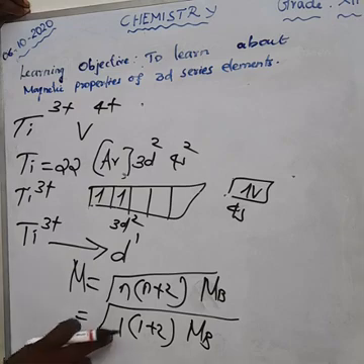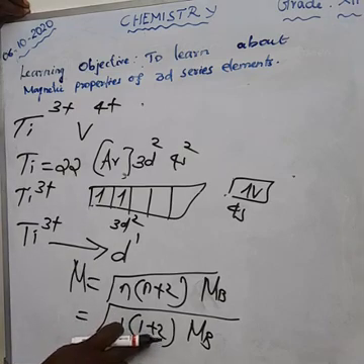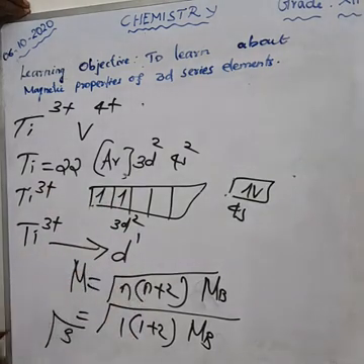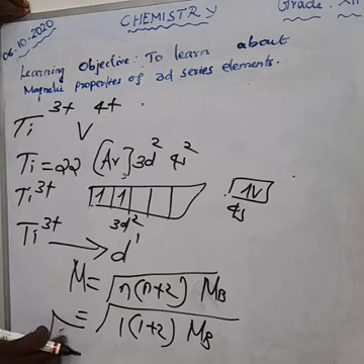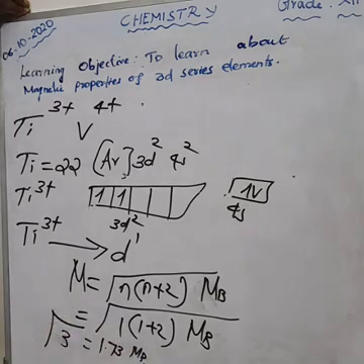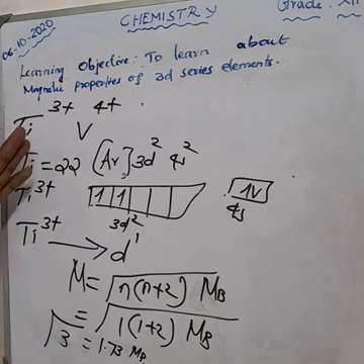So what's the answer? 1 into 1 plus 2 is equal to 3. That means we get root 3. What's the root 3 value? The root 3 value is approximately equal to 1.73 mu B. Okay, that's the value. The root 3 means 1.73. Here, as per the configuration, you should be thorough with